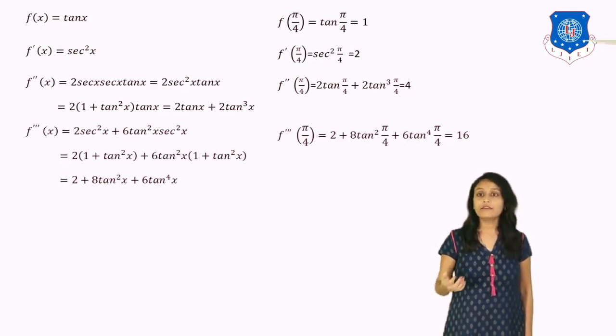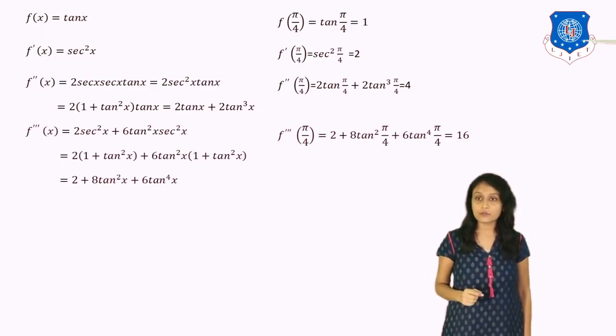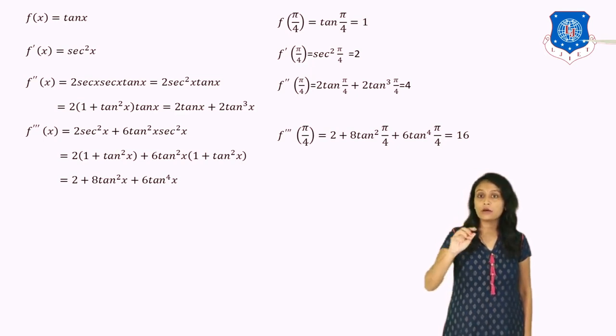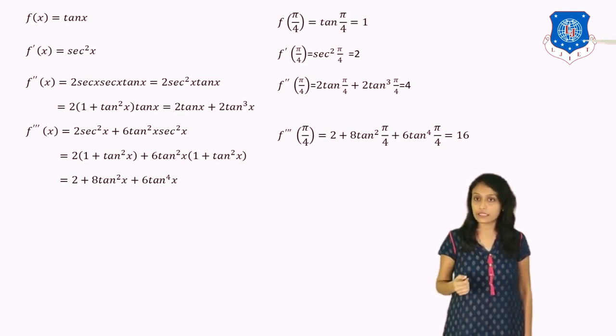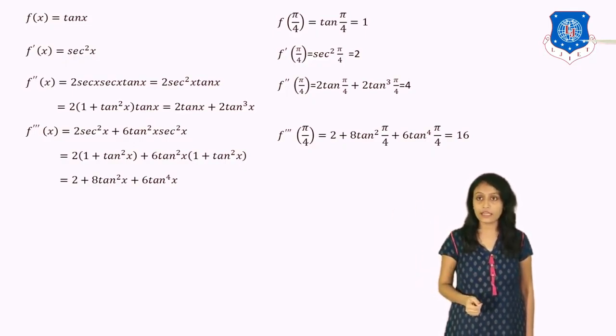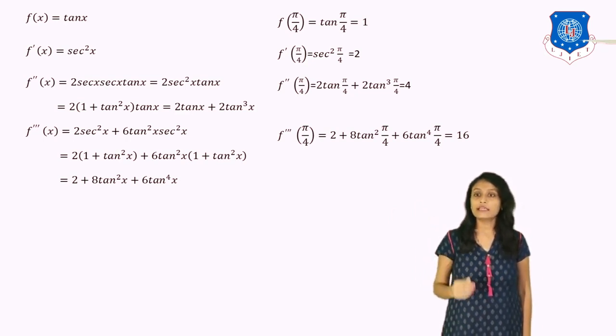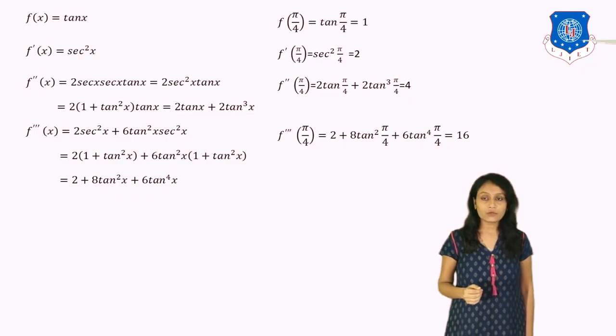Okay, now again we have to take its derivative. So 2 as it is, derivative of tan x is what? Sec square x plus, now again here we have to apply the chain rule. So you will get 6 tan square x into sec square x. Okay, again to simplify it further, we are converting sec square x to 1 plus tan square x. Okay, so in both the places, in place of sec square x, you have to write 1 plus tan square x, and just simplify to get the answer 2 plus 8 tan square x plus 6 tan raised to 4 x.